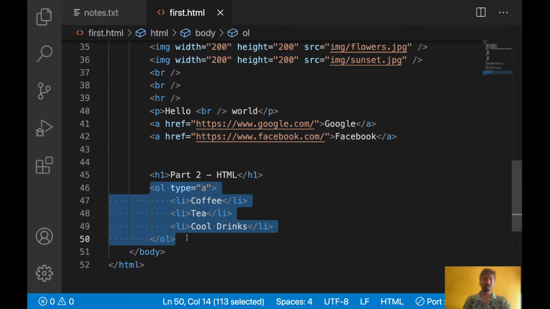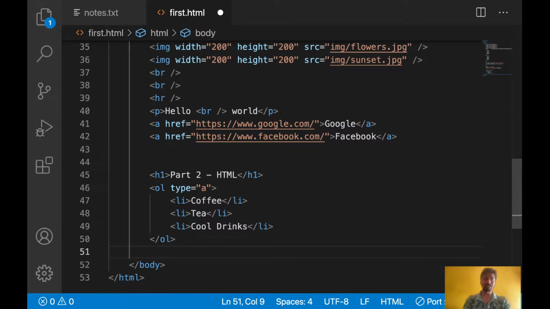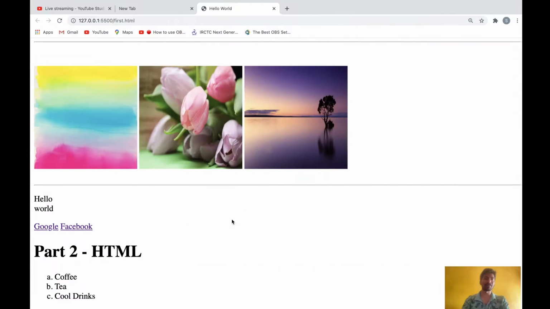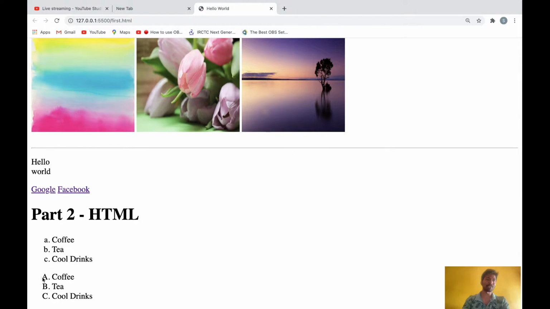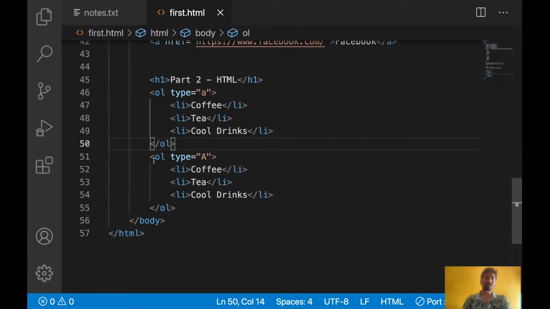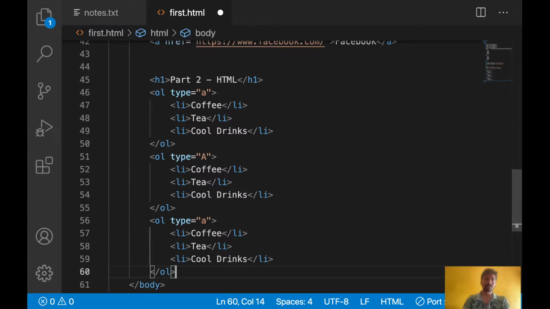I will add one more. Instead of changing the same list, I want to give capital ABC instead of small ABC. See here, capital ABC is coming. Here small ABC. So based on our requirement we can use it. There are some more things. I will just show you Roman characters.